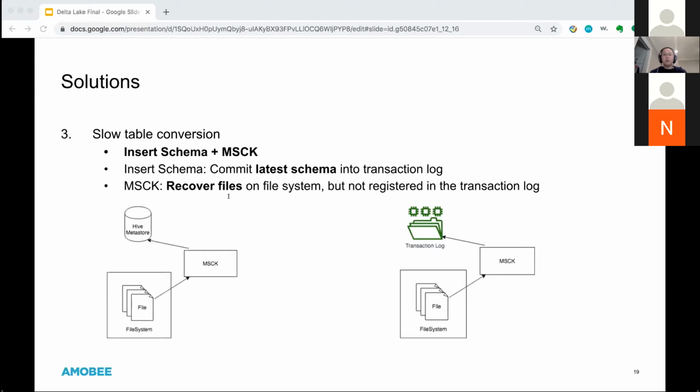We can borrow this idea from Hive and implement the same thing in the Delta table. Delta Lake itself has a very good API to tell us what files are inside the transaction logs.